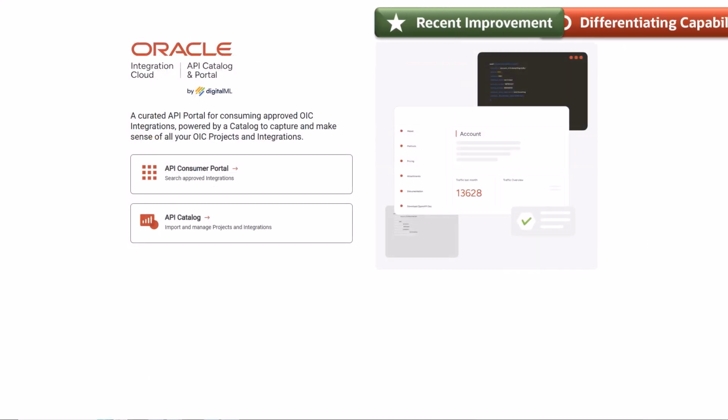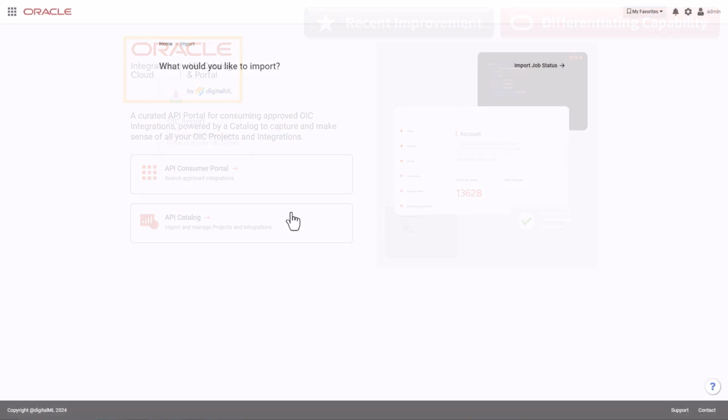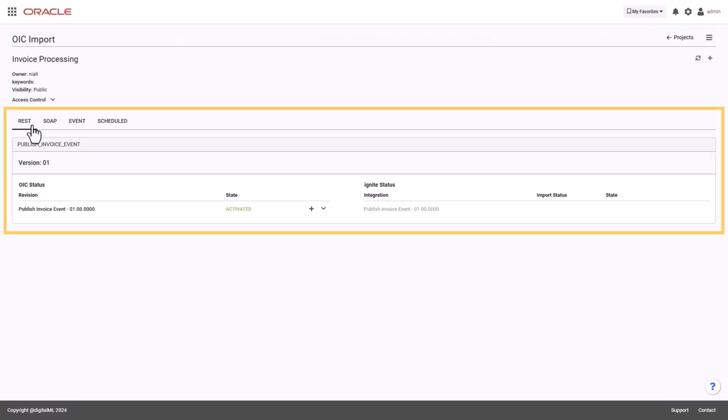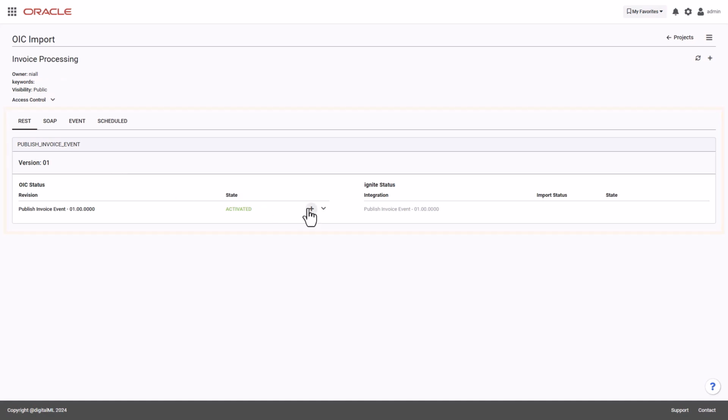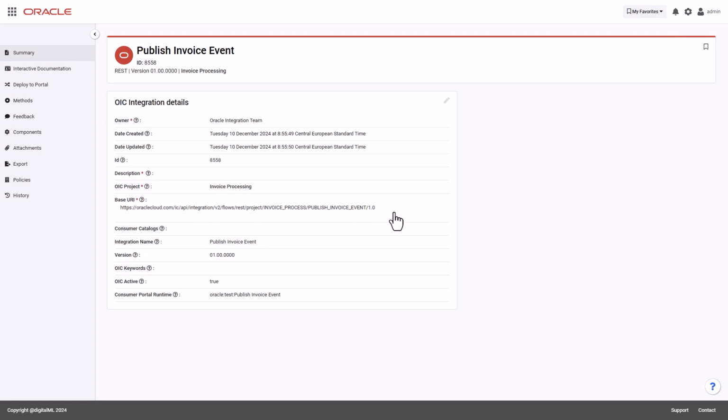You can also publish an integration's APIs to the Oracle Integration API Catalog through a partnership that Oracle has formed with Digital ML. Simply import a project into the Digital ML catalog. Preview the catalog view of the project, including its different types of integrations. You can import all integrations in a project, but we're going to import just one. The import is fast, and then you can see the catalog view of the API, where you can review its